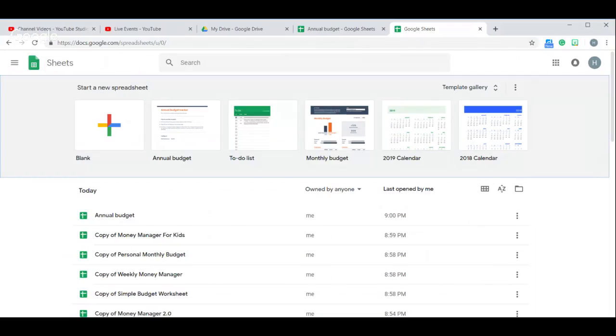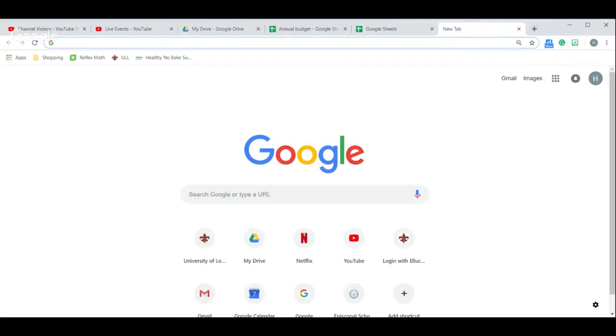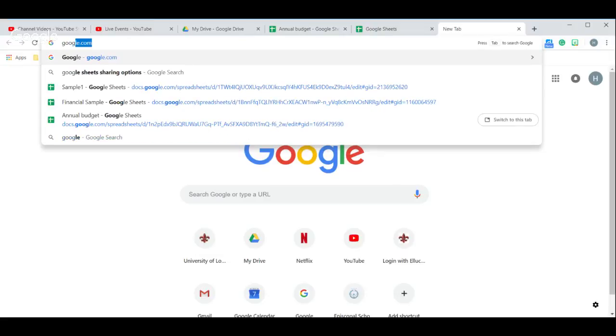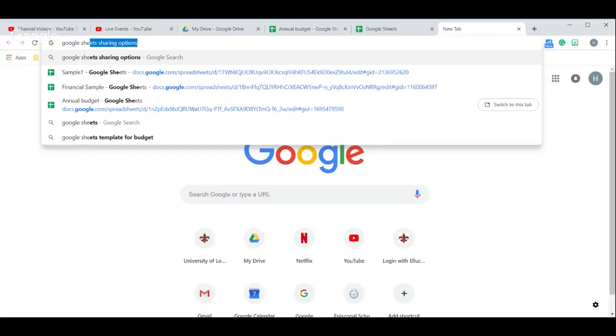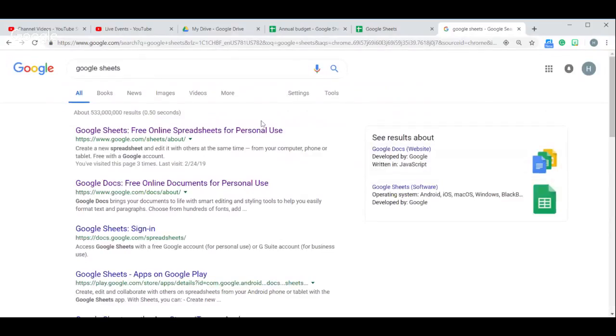When I'm looking at templates, I like to do this. I can't find a better way to get to it. There's a few ways to get to templates, but I like to just go to Google Sheets. Actually, just Google Sheets, and here it is: